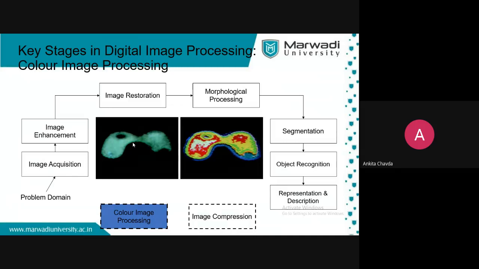Then the color image processing. So you can see here one of the pictures is this, which is not much visible with the boundary or with the different parts, right? So what we have done is we have applied the color image processing. So now you can see the boundary has this blue color, the inner area would be yellow and greenish kind of, then inside it would be of the red color and so on. So if the representation is with the color image, then it would be more visible than this one. Okay.